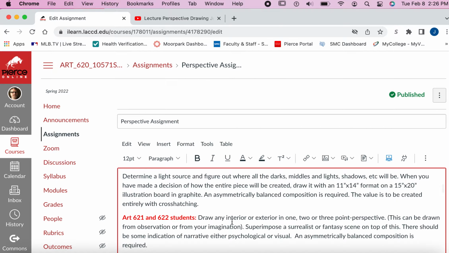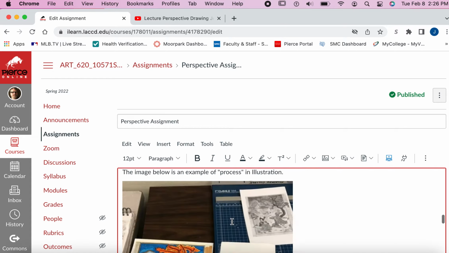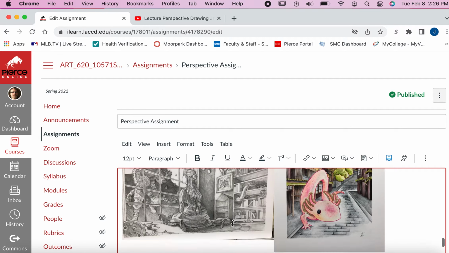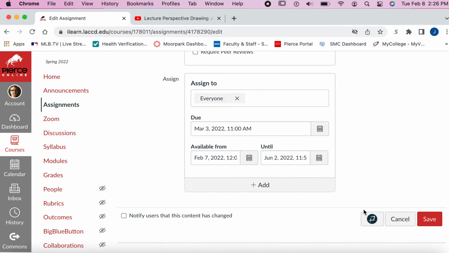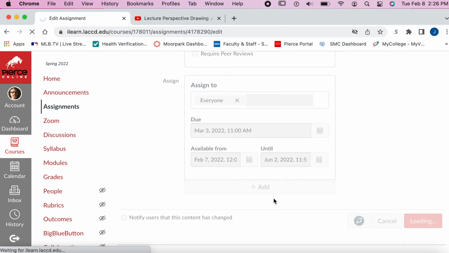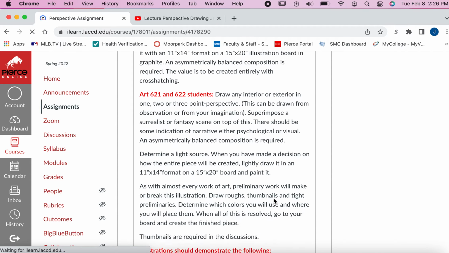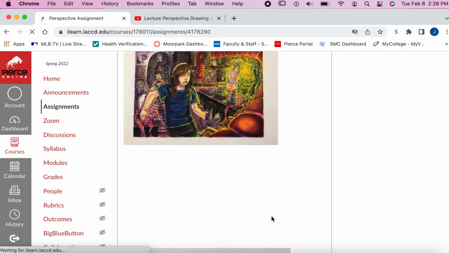So I'm going to get to 622 here in a minute. So let's look here. I better save this here. Save. I just want to look at these pencil drawings first because I'm speaking specifically to illustration 1. So when we look at these, we look at,